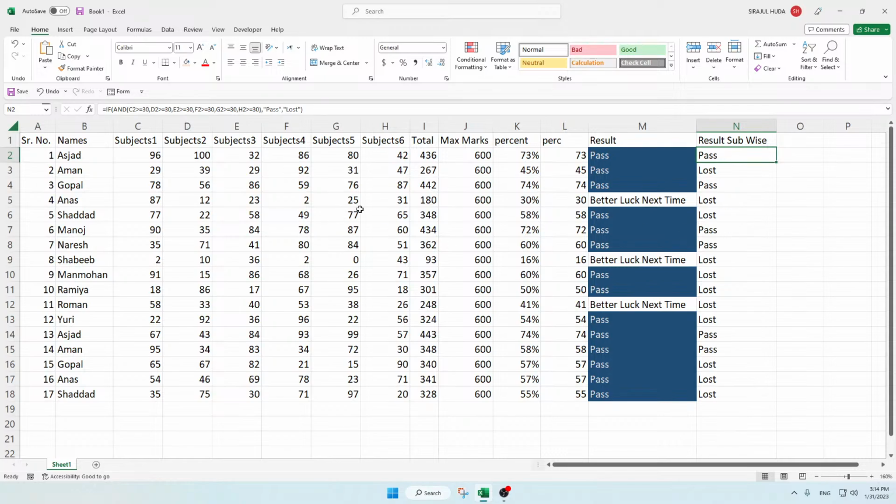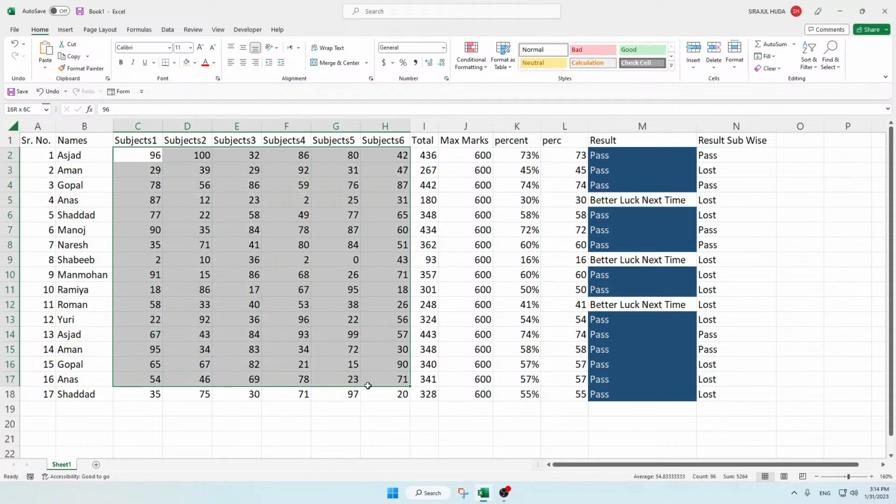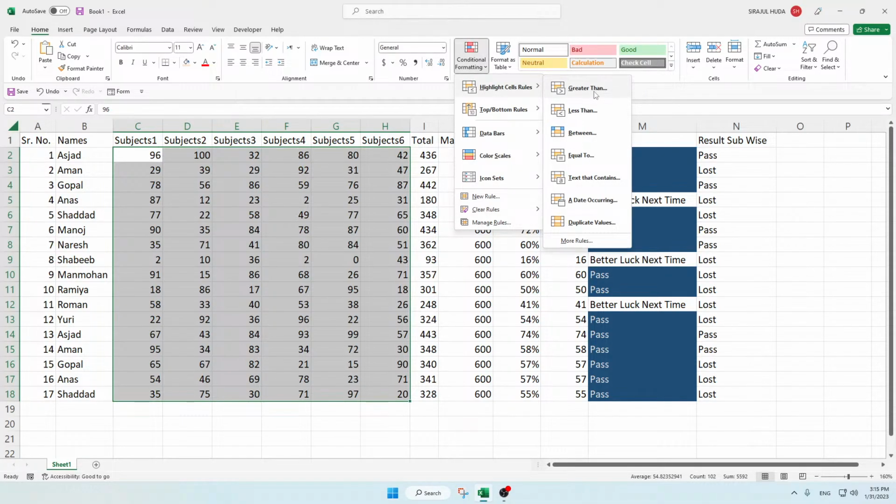And next is this one, here I am going to apply two conditions. One condition is if anyone has more than 90 marks, then I want a separate color, and if anyone has less than 20 marks, I want a separate color for them. So the selection is the same from subject 1 to subject 6, conditional formatting, highlight cell rules, then greater than,